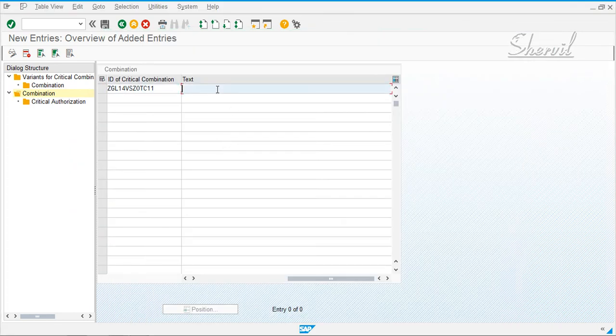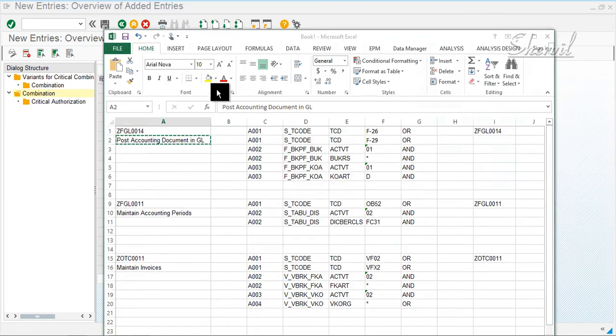Let's give a description: post document in GL versus maintain invoices.